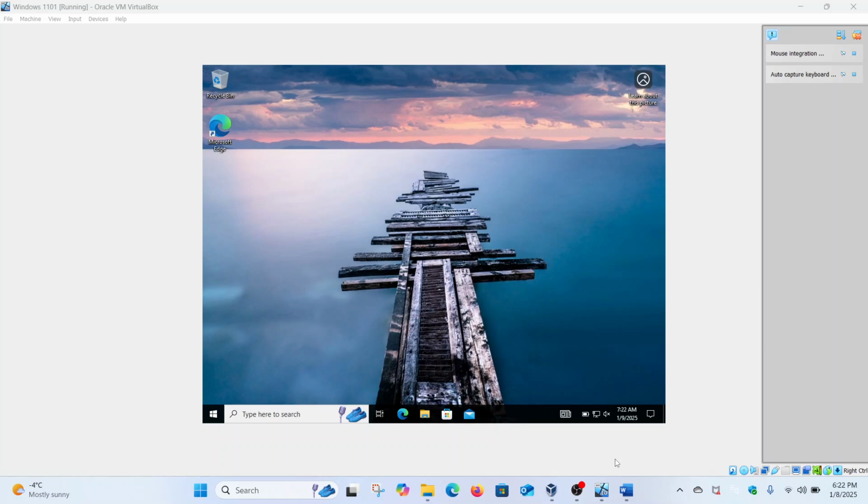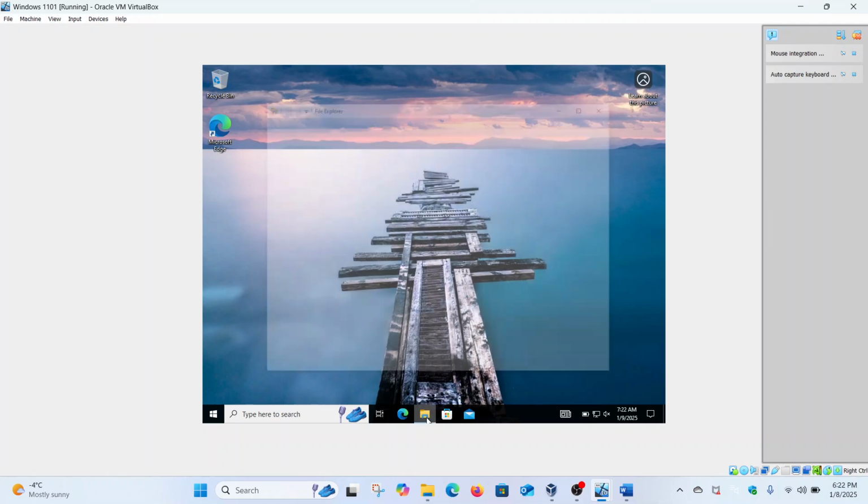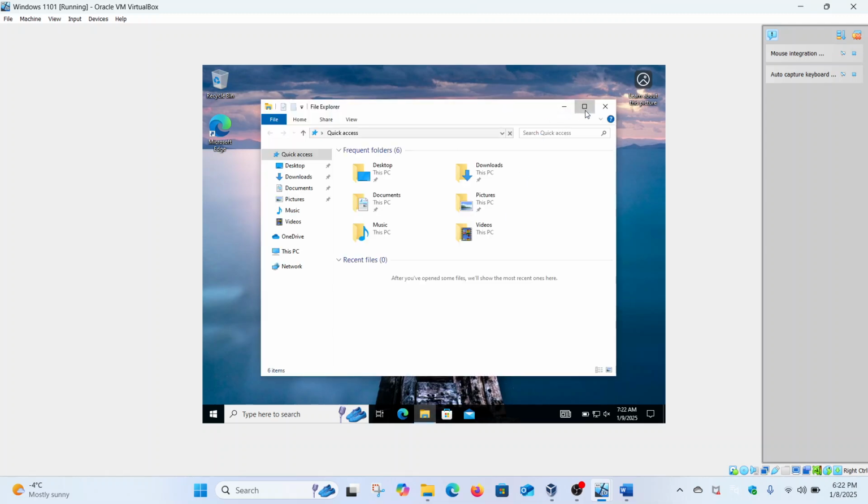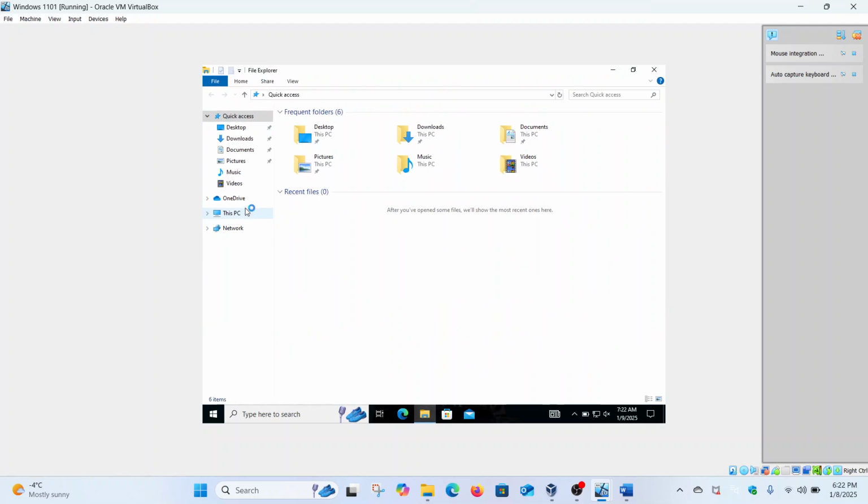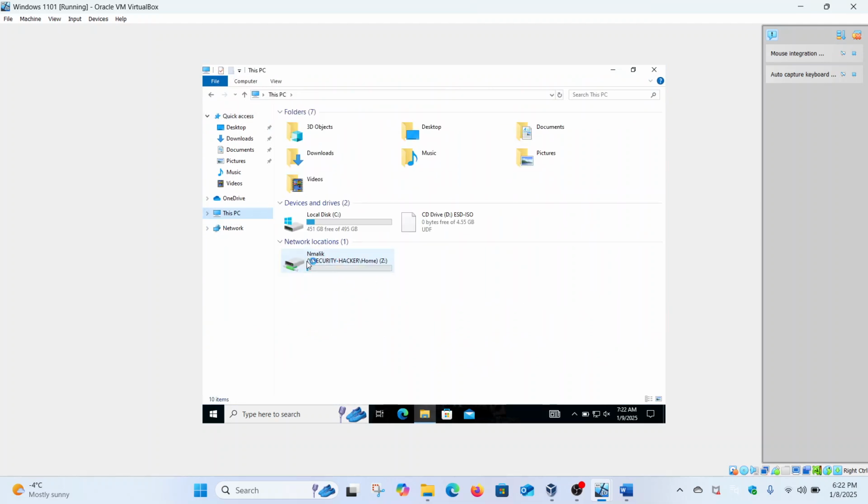So now I'm logging in as Noh Malik, and if you see, he's an admin user, but we manually added him to the home folder, and he now has access to the home folder. And also if you go to This PC, the network shared drive was automatically created for him, named Noh Malik. And if you go to the path security